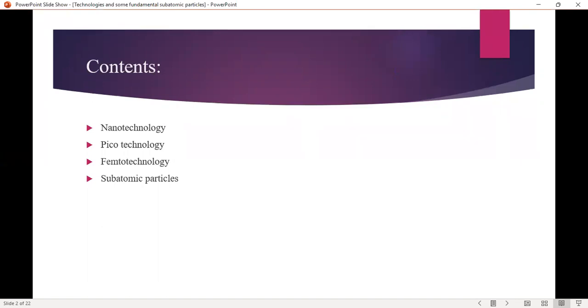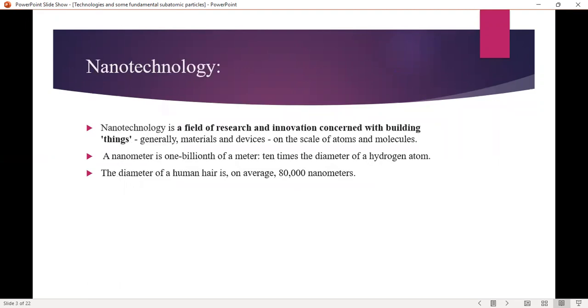The contents are nanotechnology, then Pico technology, then Femto technology, and then some subatomic particles which I will discuss here. First of all, what is nanotechnology? Nanotechnology is a field of research and innovation concerned with building things, generally materials and devices, on the scale of atoms and molecules. You can imagine whenever we want to build a building, we need bricks. Like that, building materials and devices at the scale of atoms and molecules is called